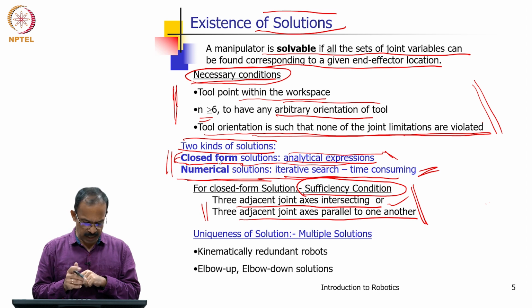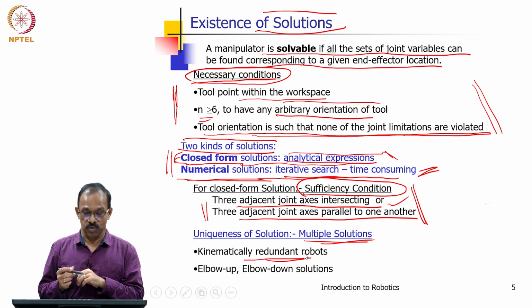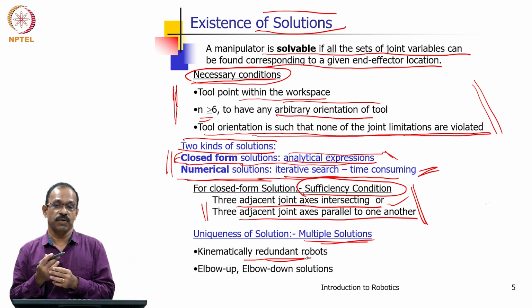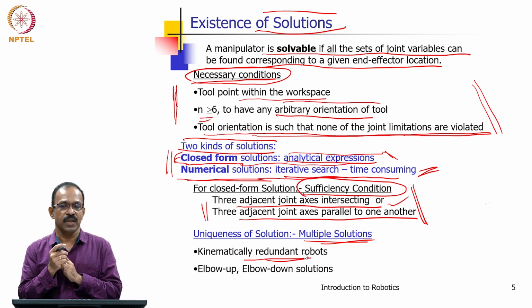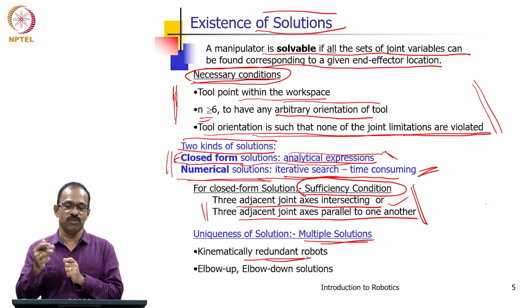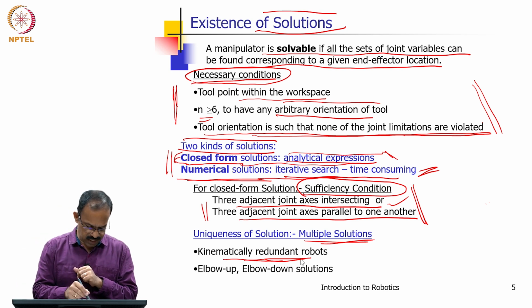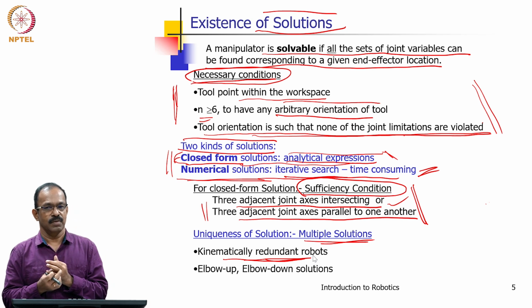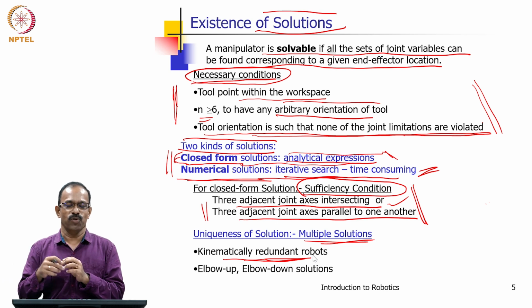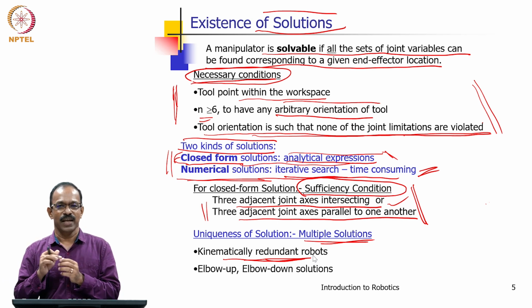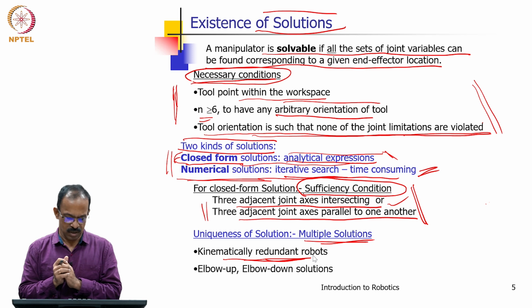And as I mentioned, there will be multiple solutions. So, when it is a redundant robot, when you have n equal to 7 or more, then we call it a redundant robot, because what you need in space is 6 degrees of freedom, and if you have 7 or 8 controllable degrees of freedom, then it becomes a redundant robot. So, whenever the robot is redundant, you have multiple solutions, because you can only solve for 6. For 7, 8 and so on you need to make assumptions, and then for each value of theta 7 or theta 8 you have to find theta 1 to theta 6. So, that actually leads to a large number of multiple solutions.